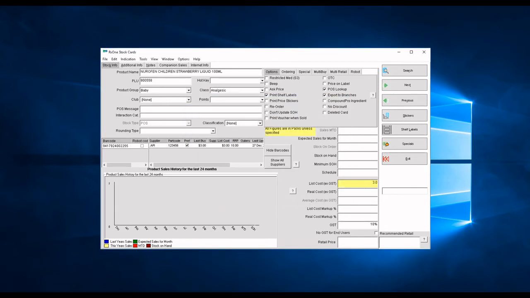You can add in the list and real costs manually on the right hand side of the screen and add GST if it is required, or you can select no GST for end users. Make sure that you add your preferred retail price here too. In the top right hand box of the screen, you can decide if you'd like to print the price on the label, allow point of sale lookup, and if you would like to print price stickers or shelf labels for